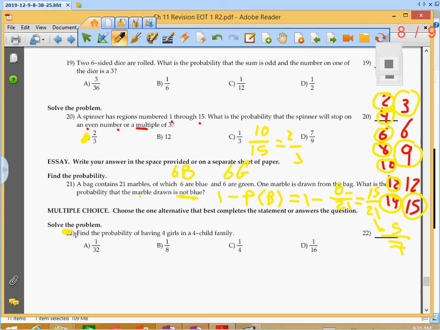For the last one, find the probability of having 4 girls in a 4-child family. What's the probability of having a girl at the first birth? 1 out of 2, because it's a boy or girl. The second one, 1 out of 2. Third one, 4th one. So 1 out of 2 times 1 out of 2, multiplied, it's 1 out of 16. So the answer is